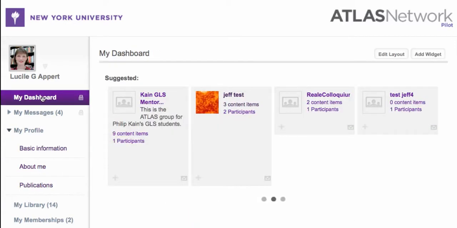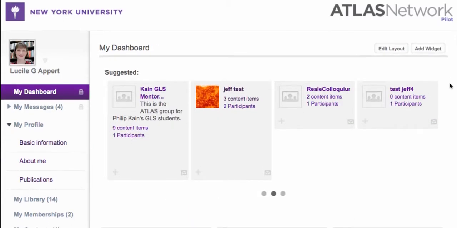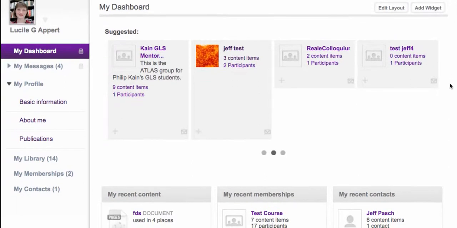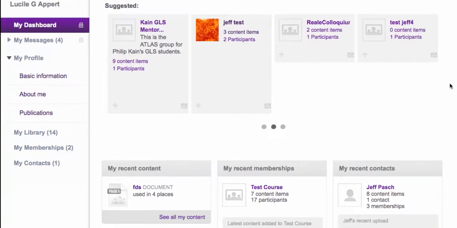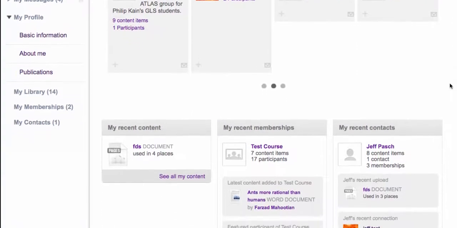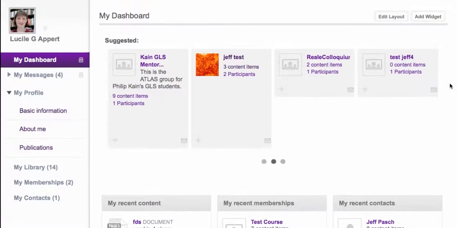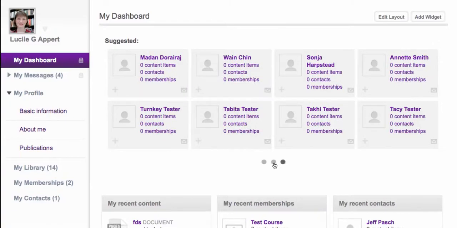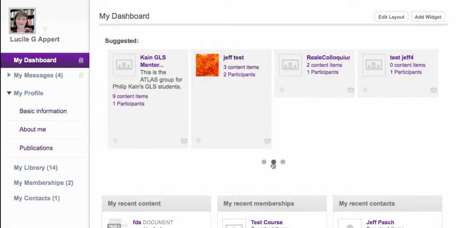You also have a dashboard, and the dashboard offers multiple ways for people to get involved in the environment. It suggests different pieces of content that have come in the environment. It suggests different people who are in the environment that you might be interested in. So it begins to plunge you into a set of searches through the environment.